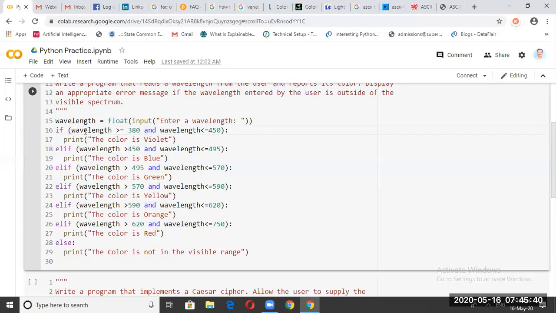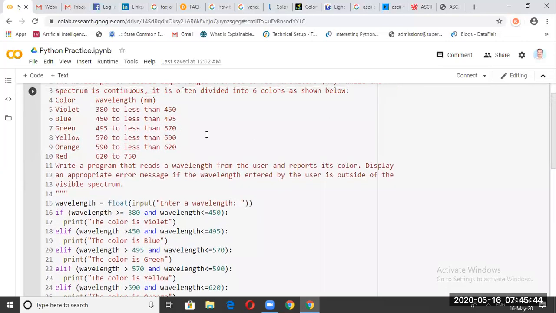So the if has wavelength greater than or equal to 380, see the first wavelength, it should be 380 and wavelength less than or equal to 450, right? So you have the wavelength starting from 380 and you are checking if it is less than or equal to 450.